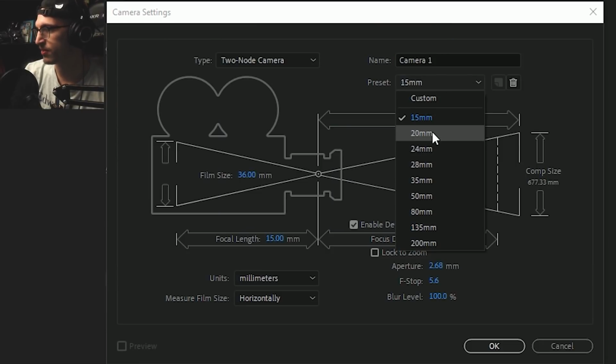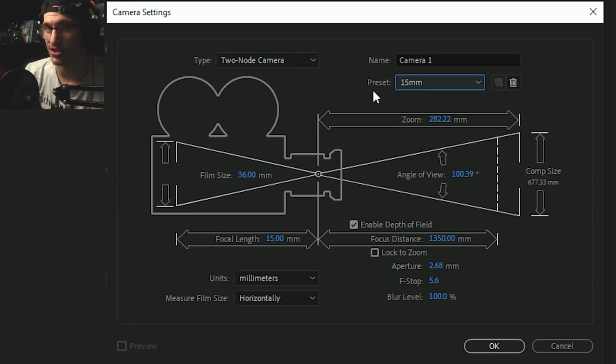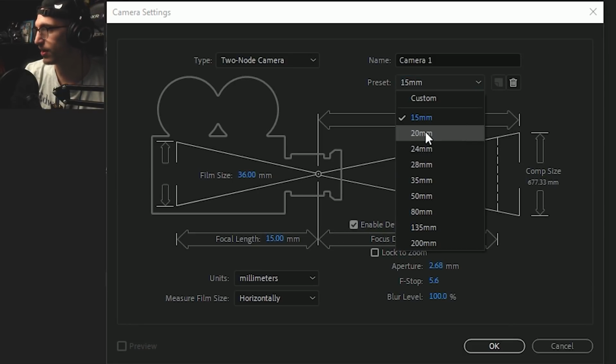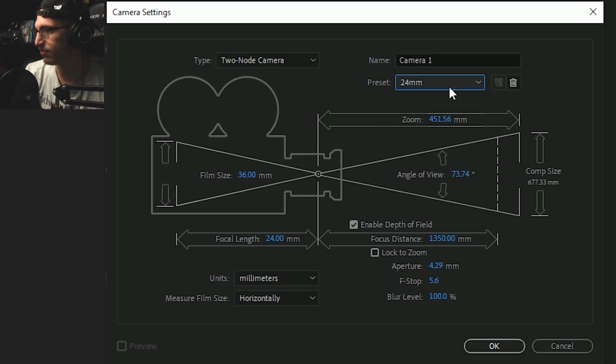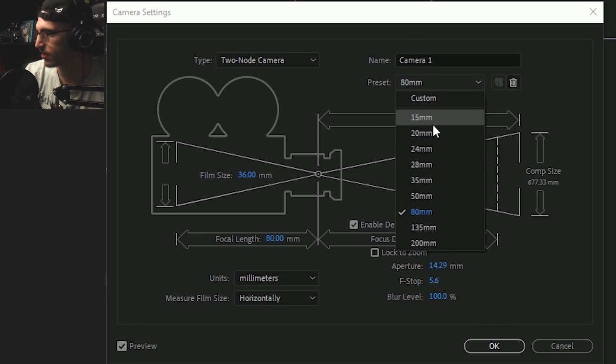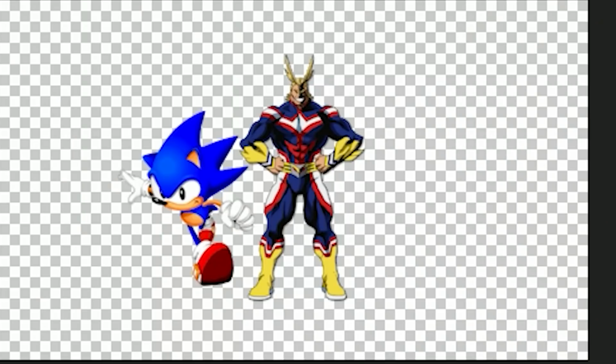The millimeter determines how wide the focal range is, I'm pretty sure. I'm not crazy knowledgeable about actual videography. I do know the lens width makes it so 80 millimeter, I guess that just means it zooms in further, or it gets more detail. 15 or 20 is usually what I go with. I'm not using it to the nth degree. There are people that do crazy stuff with After Effects. This is a total disclaimer that this is a beginner tutorial in order to just do easy motion graphics for